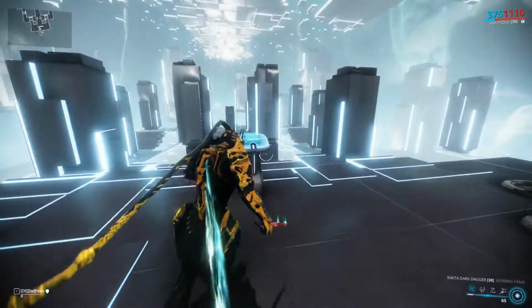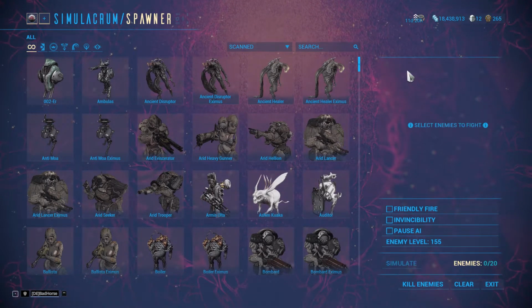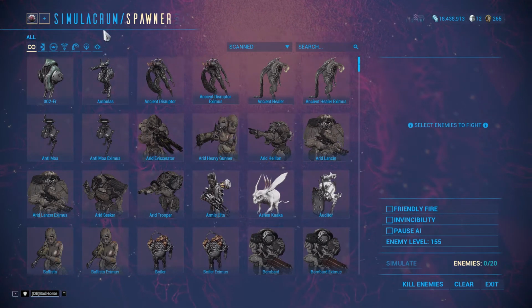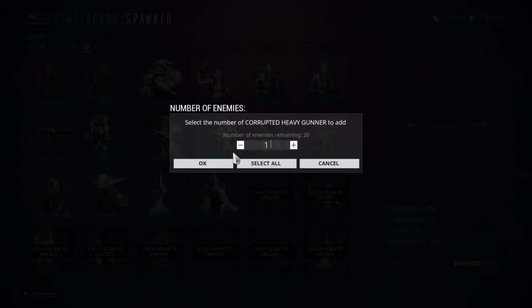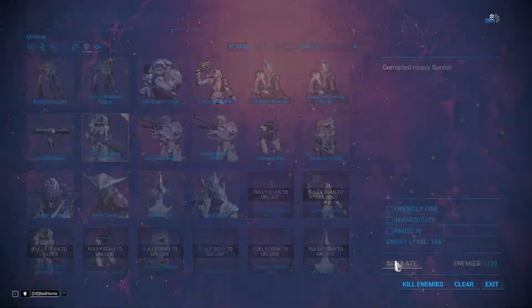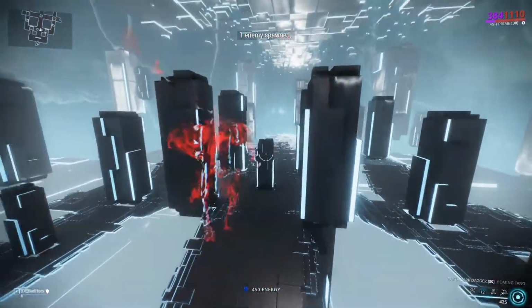When you use Fatal Teleport, it kills with a finisher. So let's just spawn one enemy here. This one. Similar, so it kills with the finisher. So if you walk up to an enemy first,